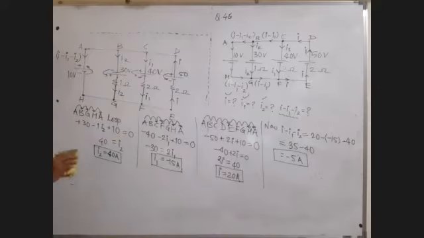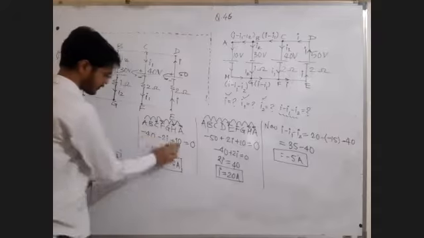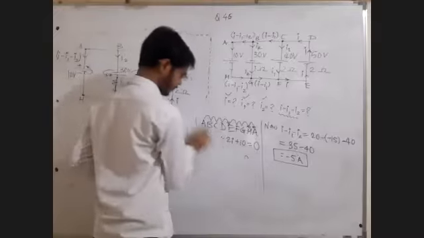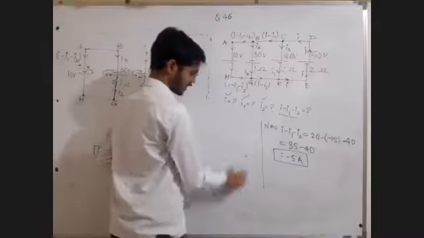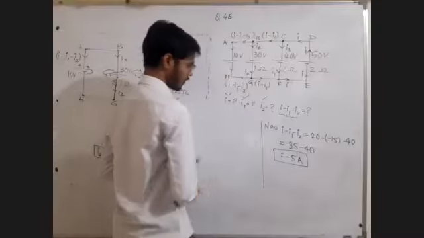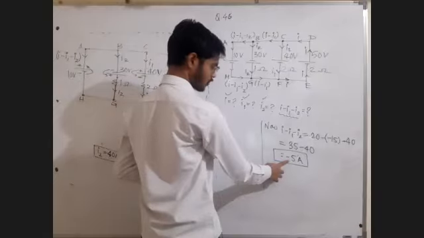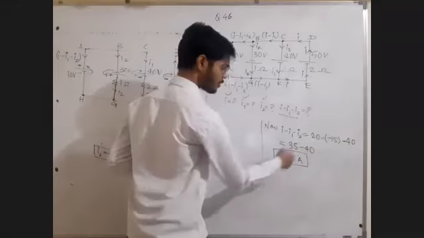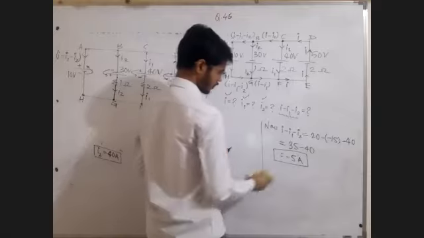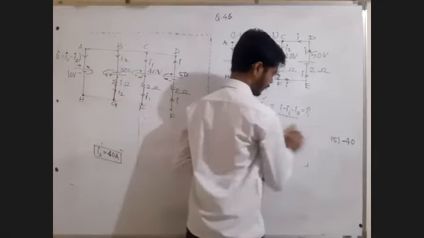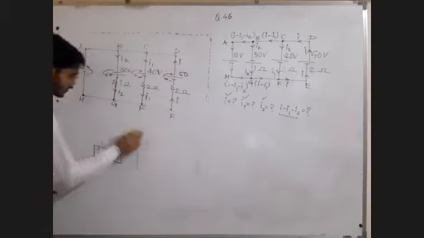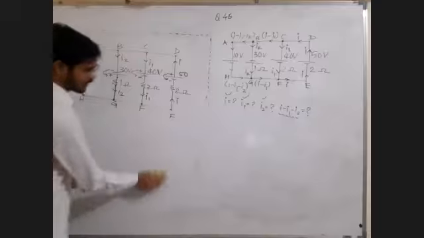Find out I1, I2, I3, that's it. And now you can draw the final circuit. If it is a board question, you can draw the final circuit indicating the directions and the values of current. Otherwise, if you want to choose the option, then if this current is minus 5 ampere and you are assuming it from A to B, then it is certainly from B to A, because it is negative. Then from the options, you choose the option wisely. For the board question, you can indicate the final direction of current just by reversing only those directions of current which you calculated as negative.